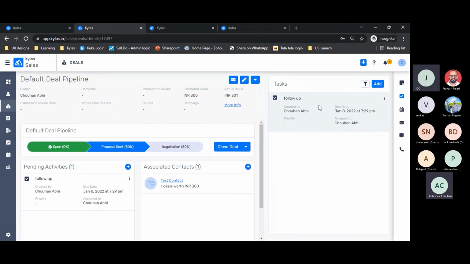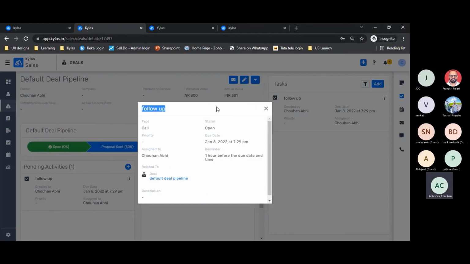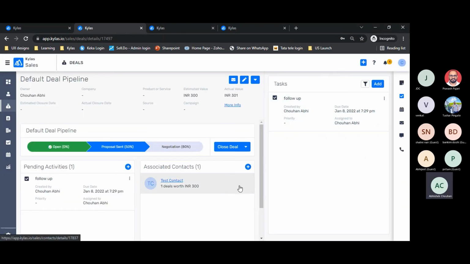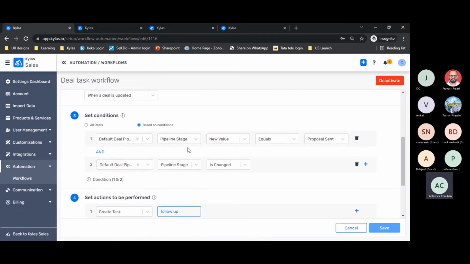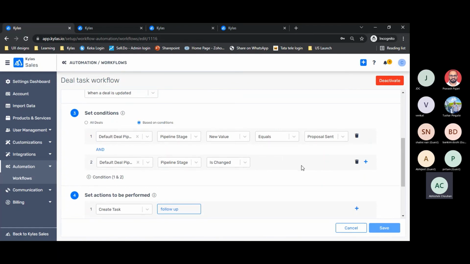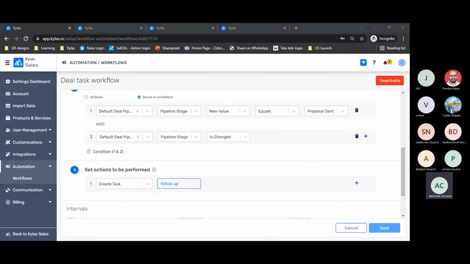The person has to send the proposal manually, that is for sure. Let's say I am supposed to make a call to this person, so I will have to make the call manually. That is my job. But how would I get to know that I have to perform this job is something you can do with the help of workflow, so that there is no delay and no manual intervention to assign different activities which a salesperson is supposed to perform based on a stage. The conditioning has to be correct in terms of the workflow which is supposed to execute.